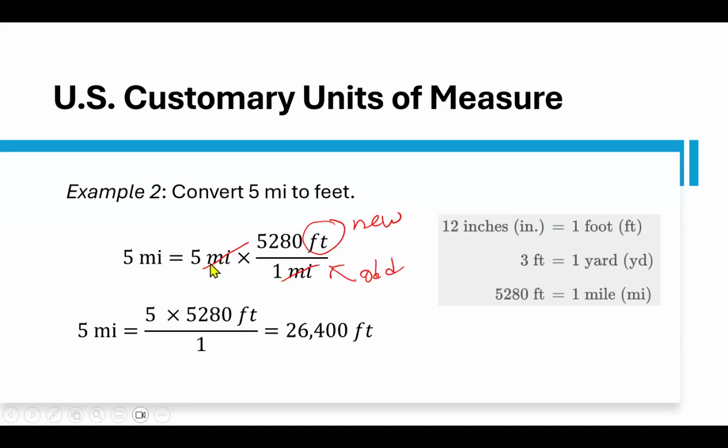And then like before, this is a multiplication, 5 times 5280 divided by 1. The 1 is not really needed at this point, but you're going to see later how, if you have a different number here, you have to do that extra division. So my final answer is that 5 miles is equal to